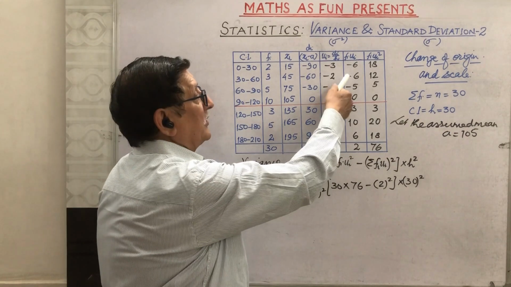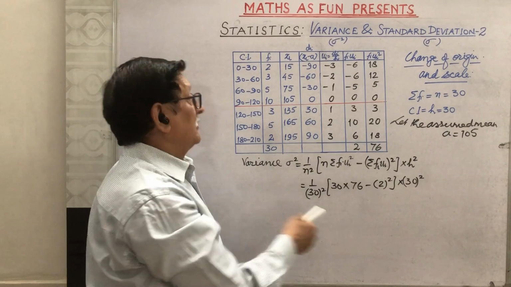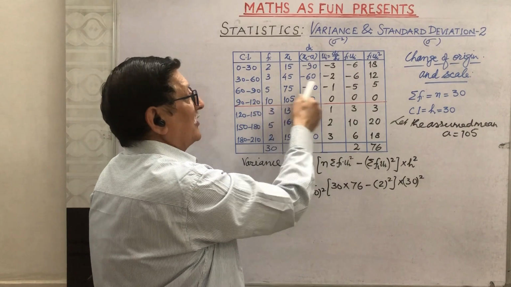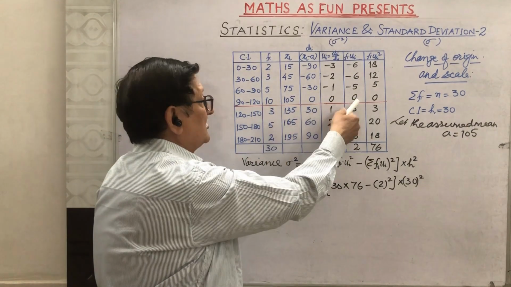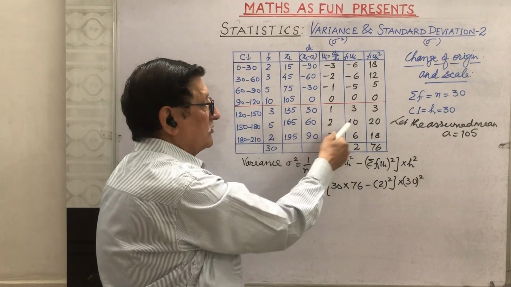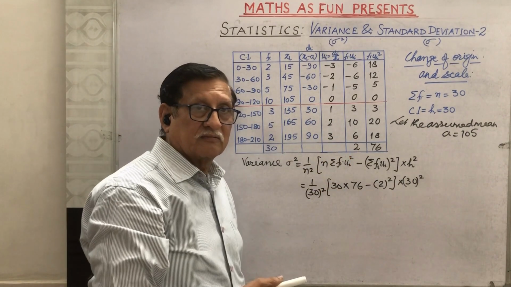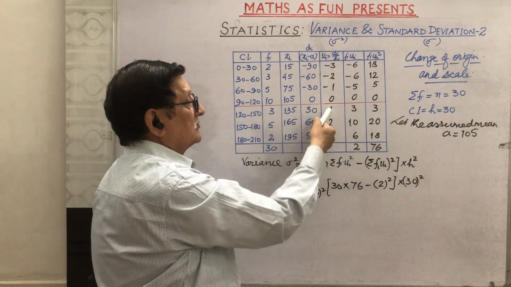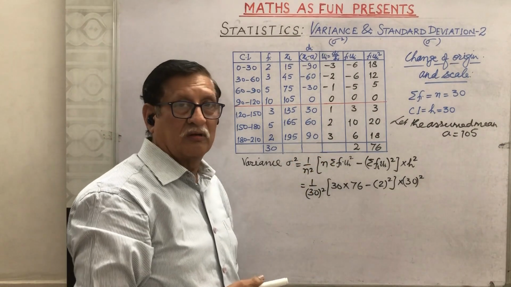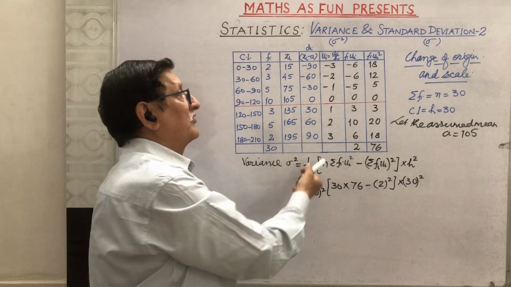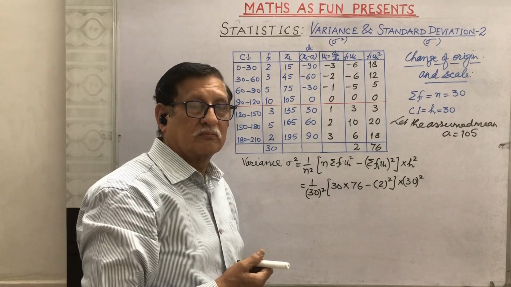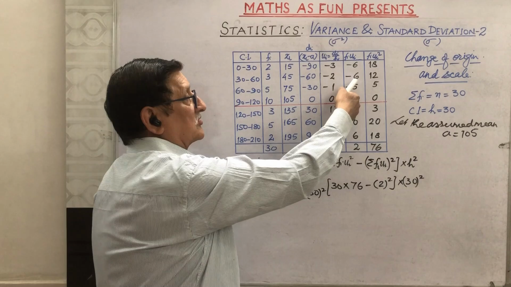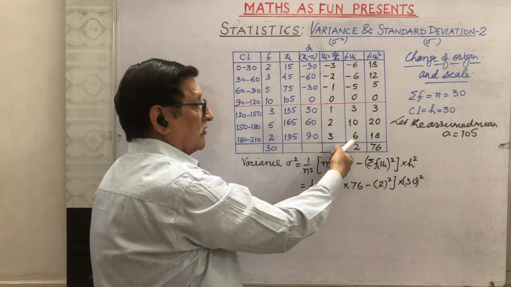So in this case we are finding Fi into Ui. That is 2 into minus 3, minus 6. 3 into minus 2, minus 6. 5 into minus 1, minus 5. That is 0. 3 into 1 is 3. 5 into 2, 10. And 2 into 3 is 6. And if we find the sum of the Ui, that comes as minus 6 plus 6, that is 0. Generally, the sum of deviations from A comes as 0, for sum of Ui. And the sum of Fi into Ui comes here as minus 6, minus 12, minus 17, minus 17 plus 19, that is